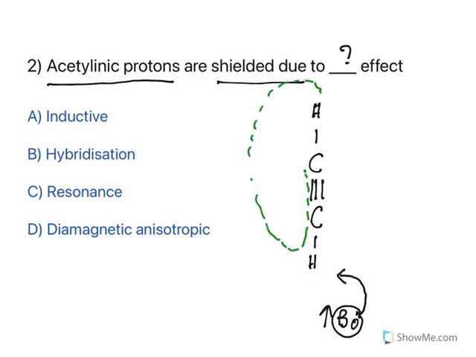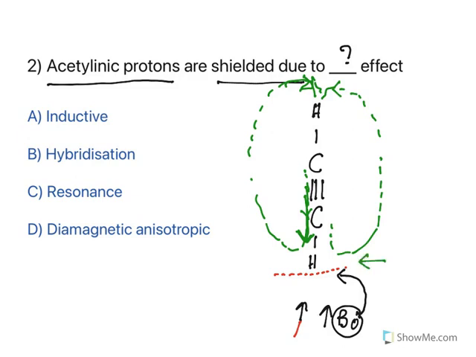The induced magnetic field will be moving in this direction. Now see, this induced magnetic field is in this direction and the external magnetic field is in this direction. So there occurs a kind of shielding of the external magnetic field. Whatever you apply from the external side will not be felt by this proton, because the local magnetic field is coming in the opposite direction. Both the protons are oriented such that these protons are highly shielded.